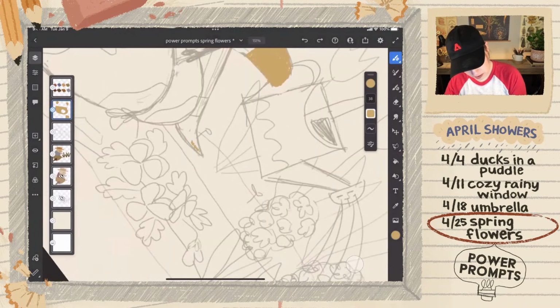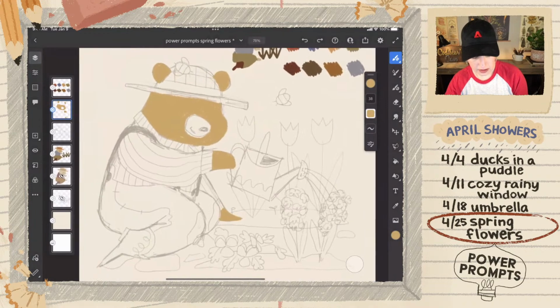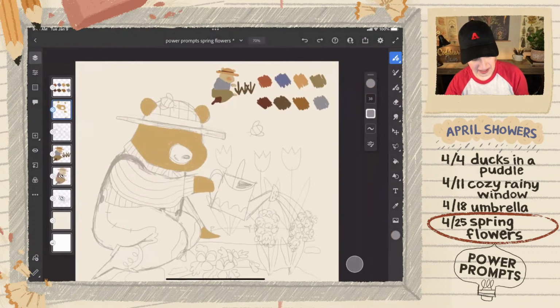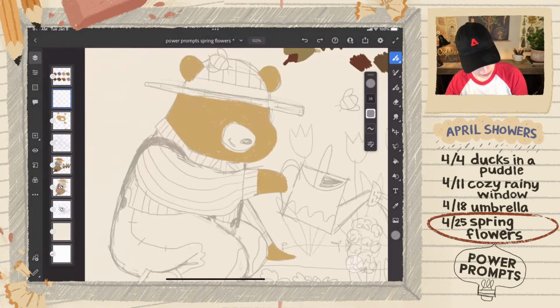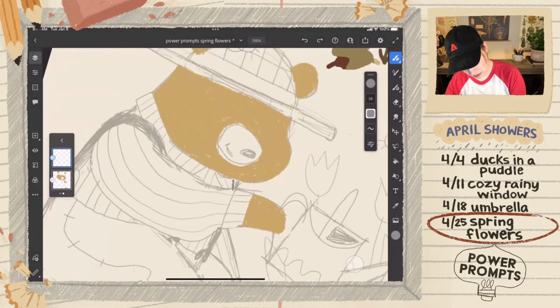Okay, let's put in his little paw here. And it's kind of looking like a Winnie the Pooh color, isn't it? I didn't intend on that. Okay, let's grab the blue color. And I am going to make a new layer, and then I'm going to grab it and drag it down so we can create just a group for our colors. And we will throw in